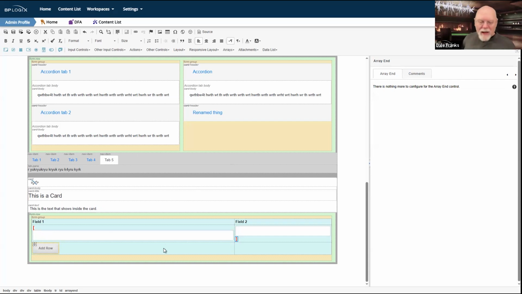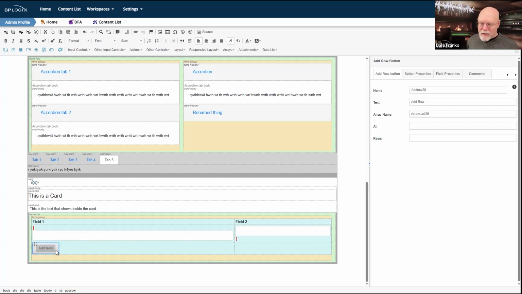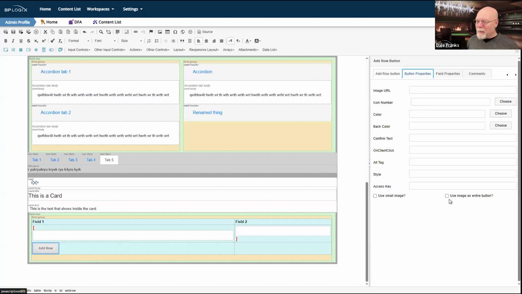That works fine. Then I have a third table row where I have placed my add row button for the array. Please note that this is a big button. There's a reason it is a big button, and I have not set any of that button's properties. The reason that it's a big button is because it is inside a form group, and Bootstrap is now determining how big that button is and what it will look like when the form runs.